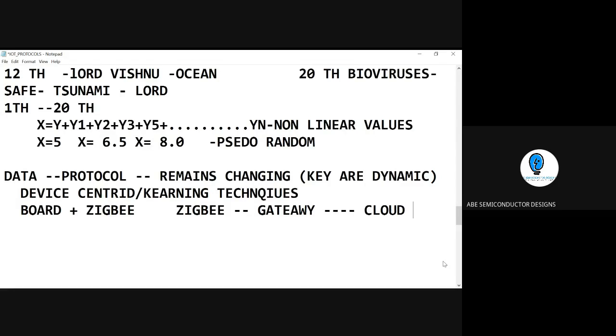This is the logic which you can utilize here. This setup plays a vital role in the smart healthcare system. First scenario: Zigbee to Zigbee, and because it's low power devices, you can do it with whatever application you want.